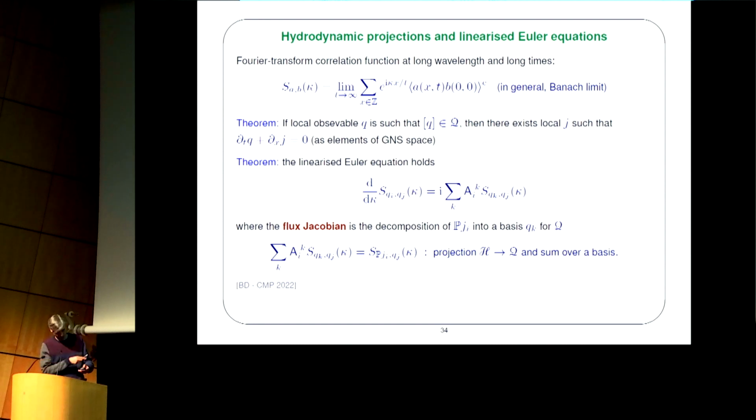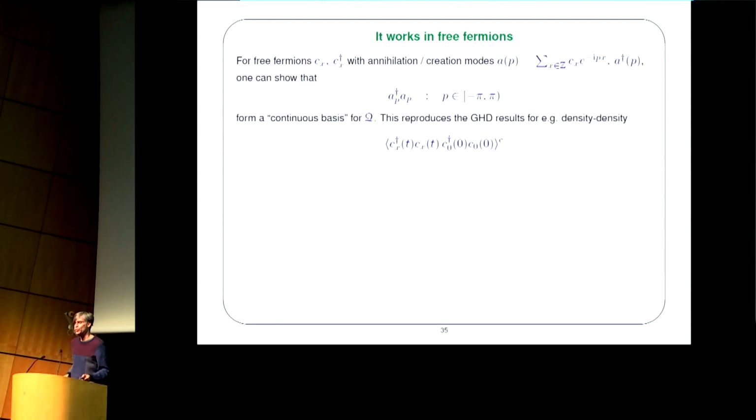Right? Now you can look at that in free fermion models and construct everything explicitly, and everything works. So basically, the extensive conserved charges are nothing else but the fermion number, the mode numbers at mode P. So you can show that this is correct. In other words, this formal construction reproduces what you would find from generalized hydrodynamics. Right? So in particular, it reproduces the two-point function of the density of fermions. Okay? So the construction is correct, but of course it would be nice to construct it beyond just a free